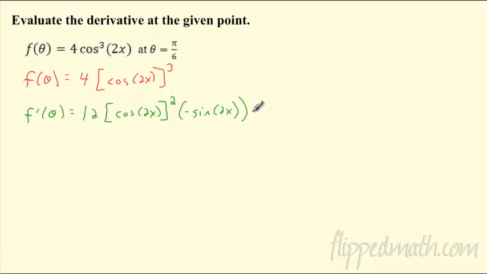What's the derivative of 2x? We've got this times 2 out here at the end, because the derivative of this is 2. So it's kind of crazy. That's a lot of chain rule in there. That's awesome. Can we clean it up a little bit? Sure, if we want to clean it up to evaluate, but if you want to just plug it in now,